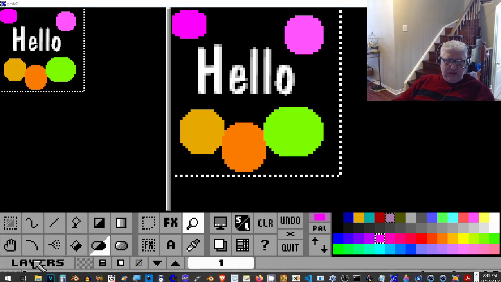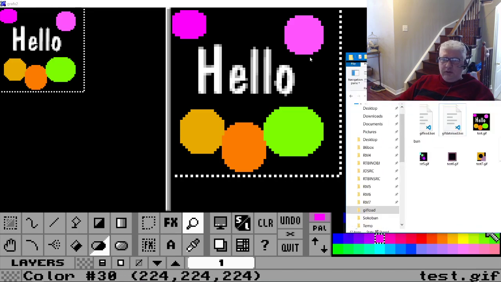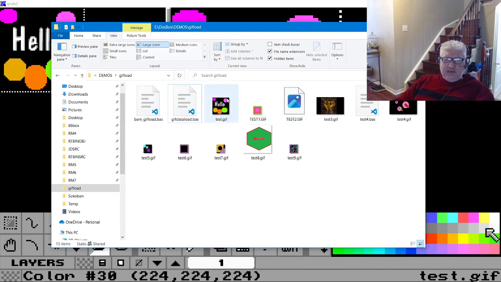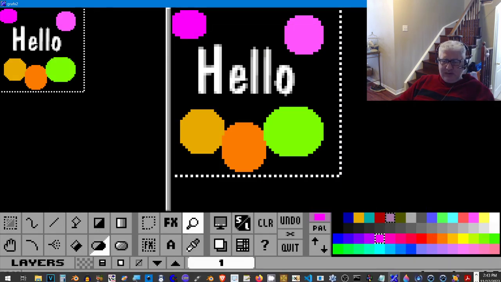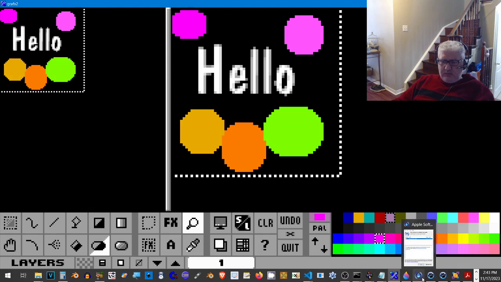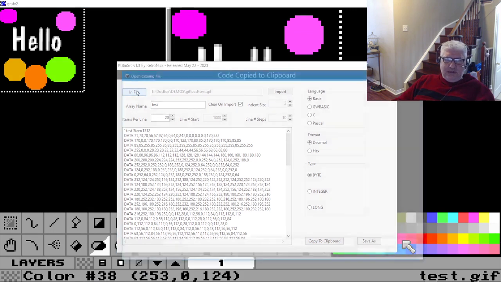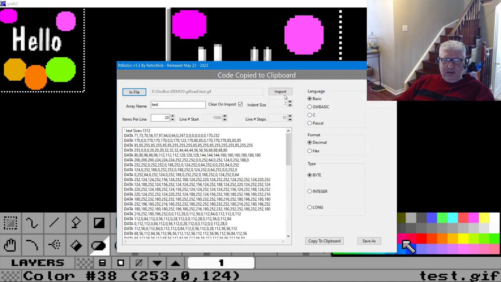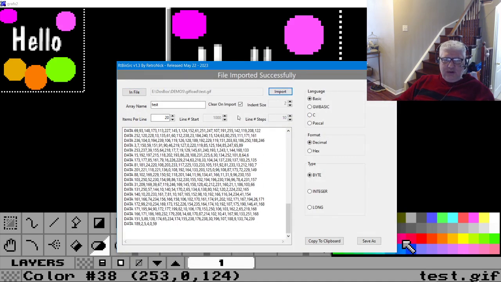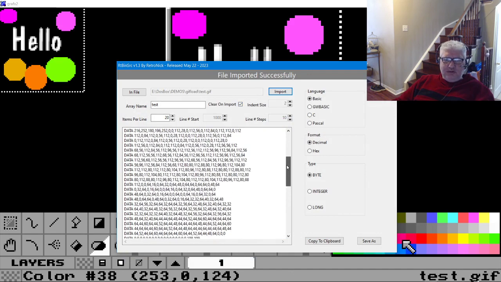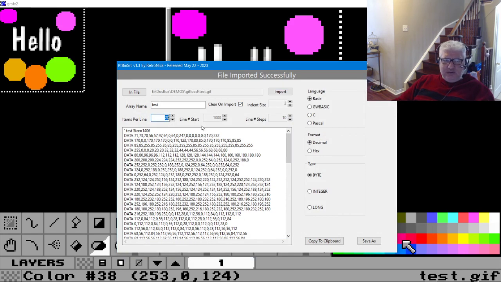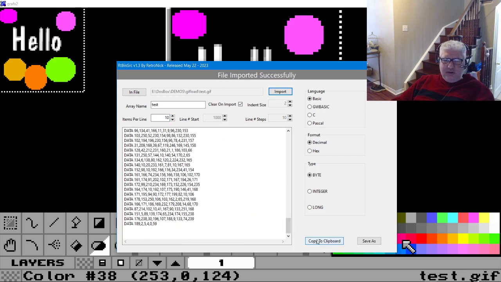And if we come looking at our folder, we can see that the preview image here has the updated image. Let's minimize that. Go back into our converter, and I'm going to reselect the same thing again. Hit import. Now, because I have clear on import, it clears the previous one, but let's just change the line items again so that we can see the changes. Copy to clipboard